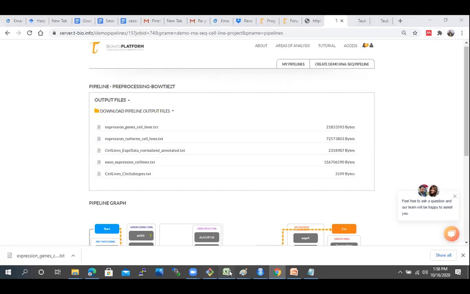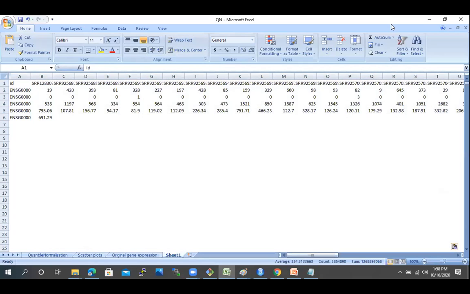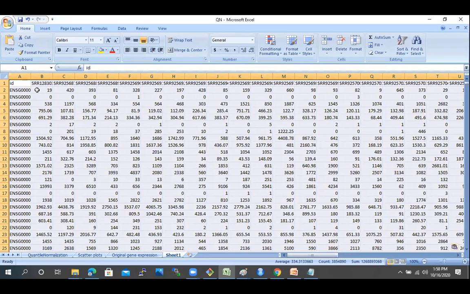Now this is just an example. This kind of table you will get after running your pipeline. It will contain the FPKM values. So let me just show you what this table is representing. But before that, just